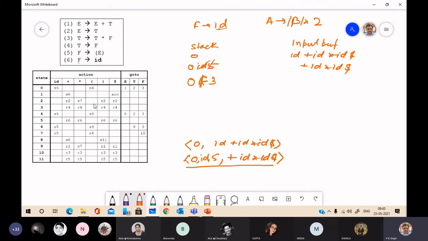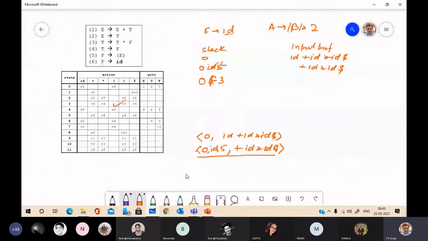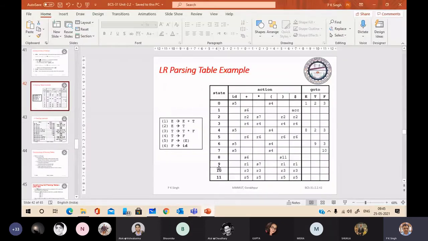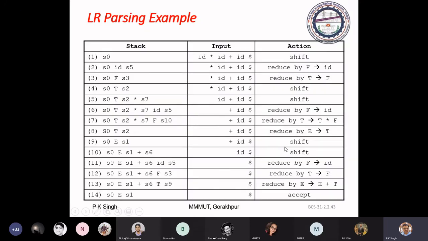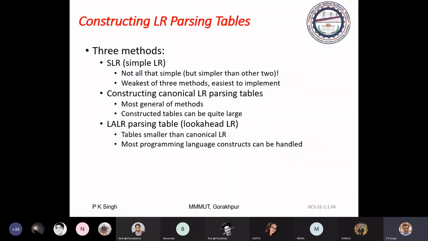Now, how to construct this table? So see the construction of the table. How to construct this? This is a parsing example. As you know, we have 3 types of table.